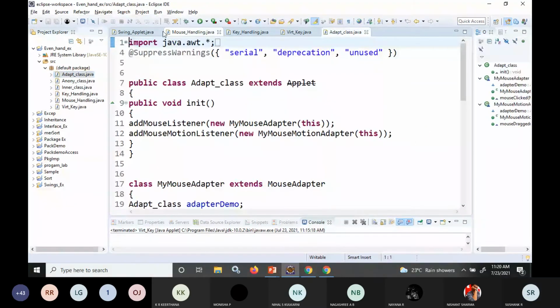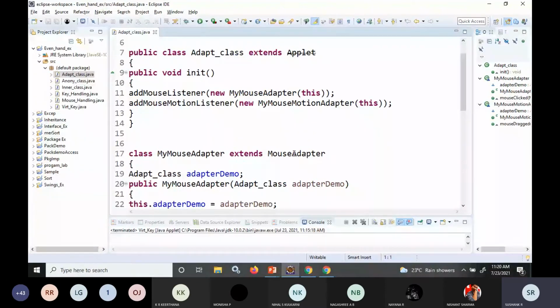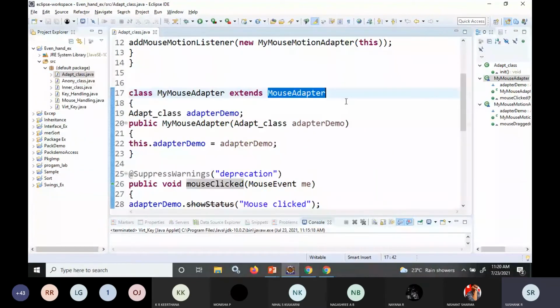Here I'm just extending the mouse adapter class. After extending the mouse adapter class, I am not implementing all the 7 methods. I'm just implementing the method which my application wants.